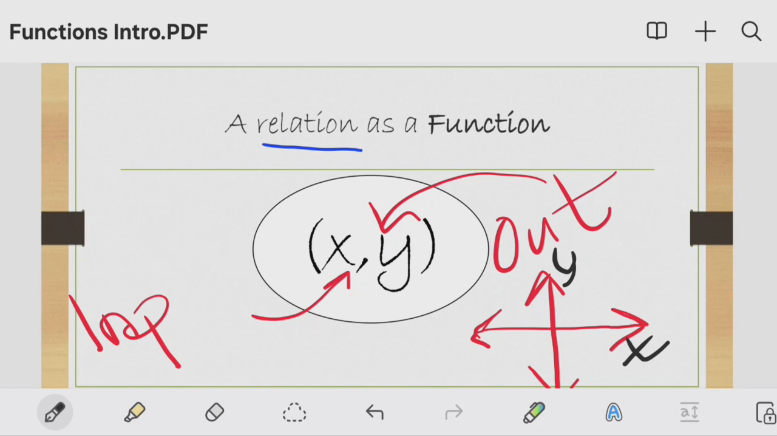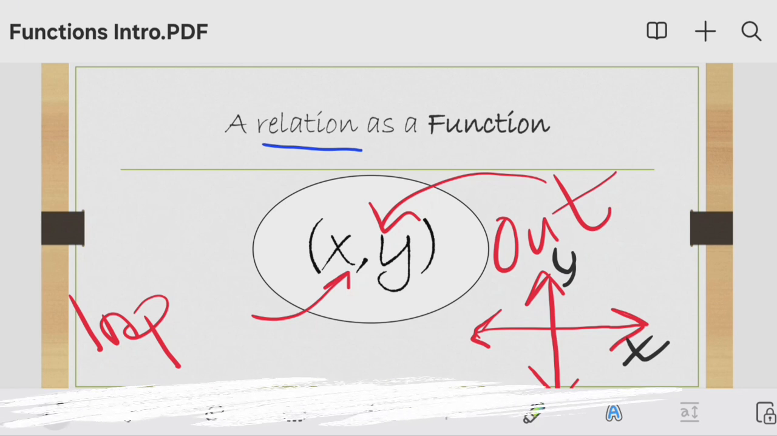We will have our output variables. That is where we will have our dependent variables. Then when we are in a Cartesian plane, I want us to be aware that the set of input variables